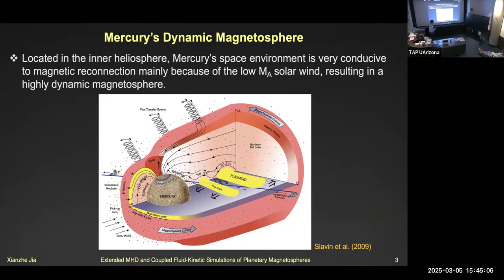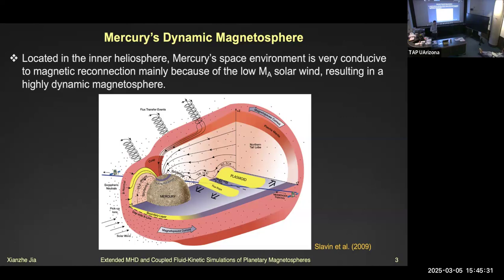this relatively small magnetosphere. Now, the thing I will be focusing on is these flux-like structures that are formed very frequently on the magnetopause, the boundary that separates Mercury's magnetosphere from the solar wind. And when Messenger got in and orbiting for 4 years, it detected a large number of these called flux transfer